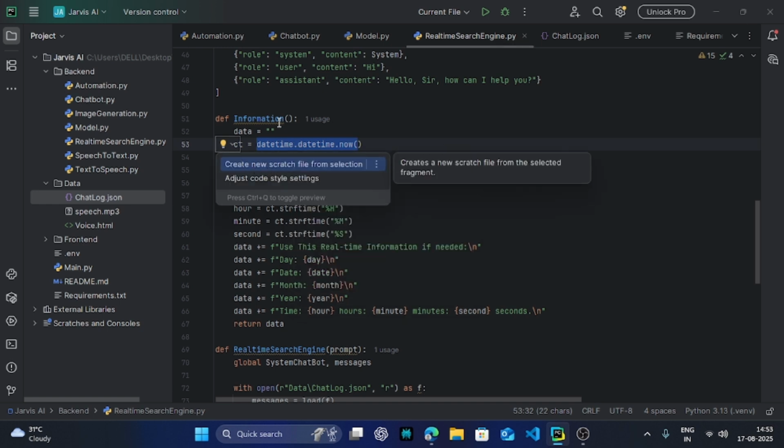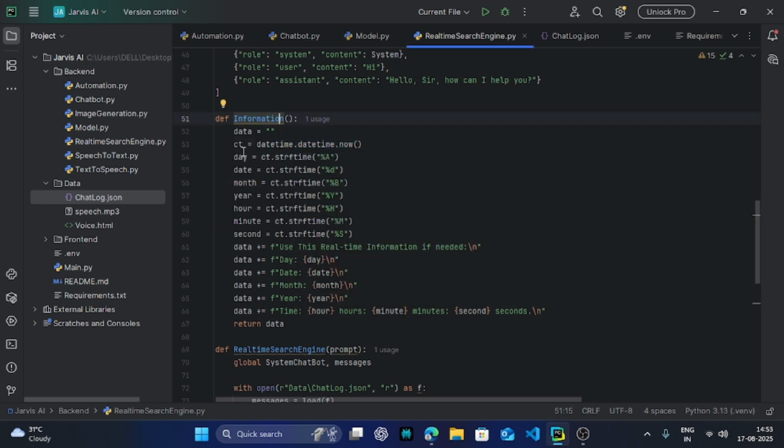Then we created a variable day, which will extract the day from here, and the date will extract the date from here, etc.